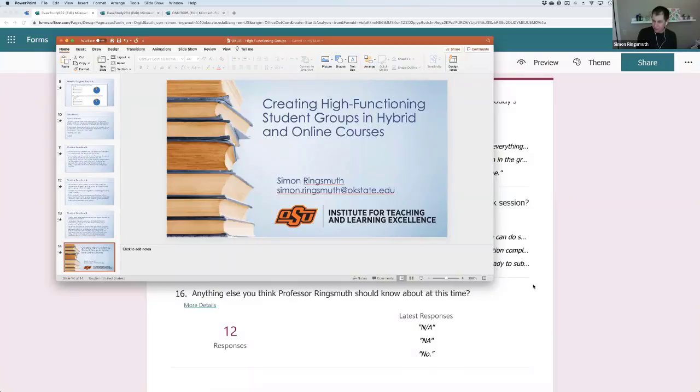I need a better tool to get students to admit whether or not they contributed. Yeah, I give my students an evaluation at the end of the project and I say, okay, tell me how you did and tell me how your group members did. And then I'll use that. I'll take that into account.